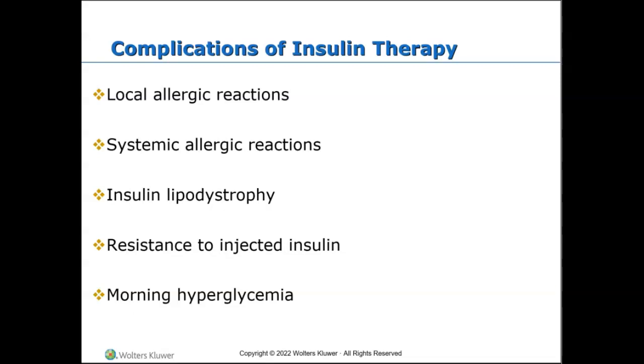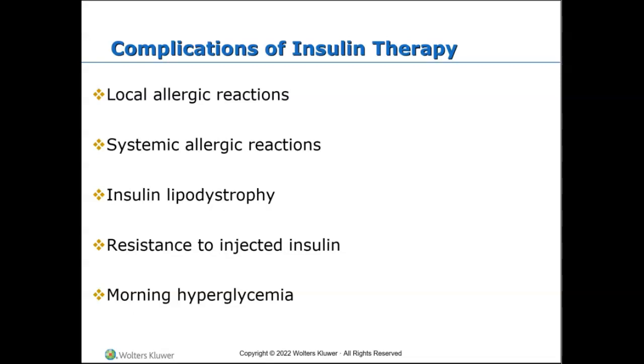Oh, and I'm sorry, I missed insulin lipodystrophy in the PowerPoint, my apologies. So lipohypertrophy or lipodystrophy is when a person injects insulin or another medication, it could happen with other meds, in the same patch of skin over and over, right? So they're not rotating their sites. So not only do they get scar tissue buildup, but they can get this thing that's called